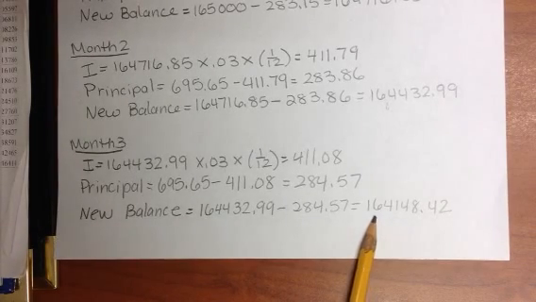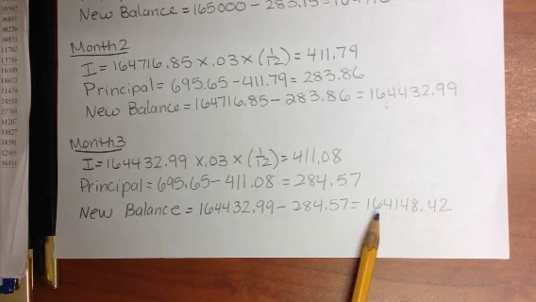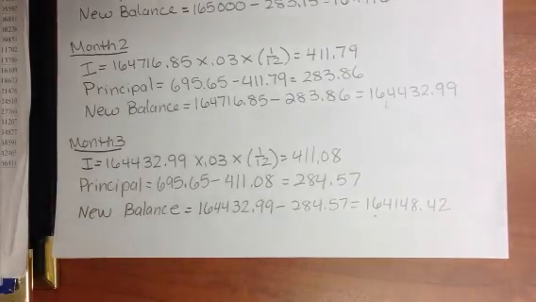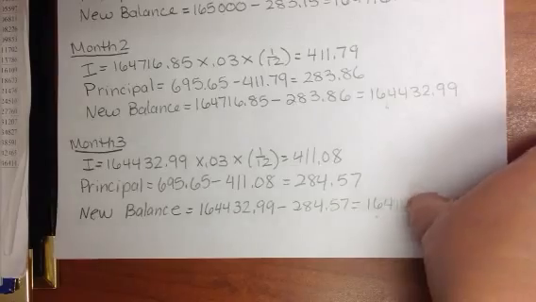Now we can continue to do this for all 360 payments of the mortgage, and when we do that, eventually we would get to 0 on the 360th. However, we really don't want to do that. That's a lot of arithmetic. Now, you can use your loan calculator